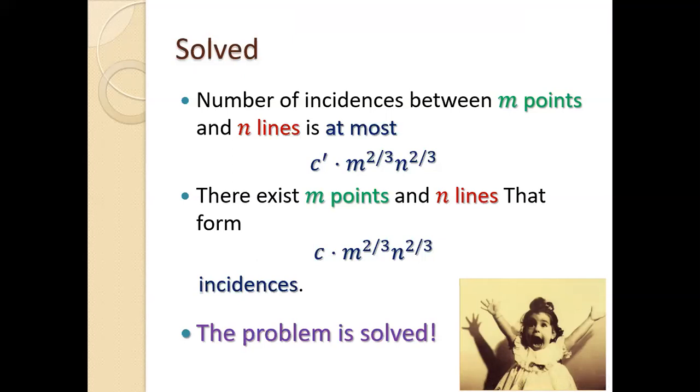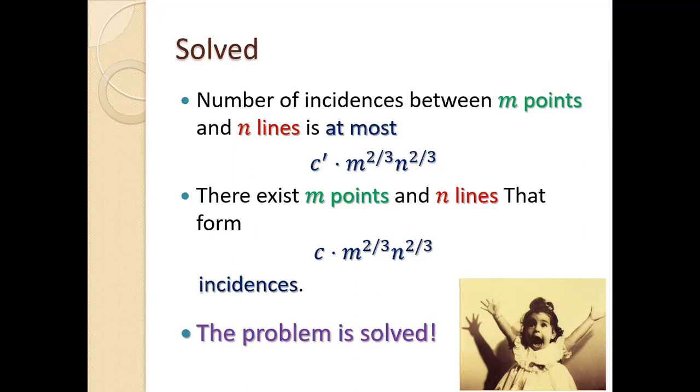So this problem was solved almost 40 years ago, except for the constant. But I said I'm going to show you a research front that is still open and mathematicians are struggling with. So what's going on here? This is just one incidence problem, maybe the simplest incidence problem, just points and lines in the plane. But there are many other incidence problems.